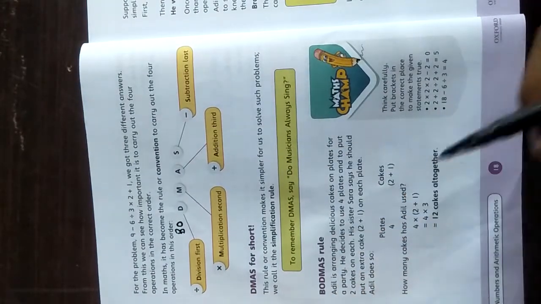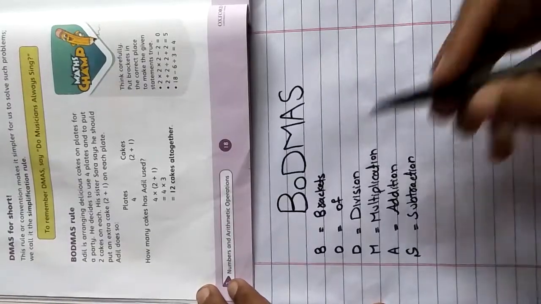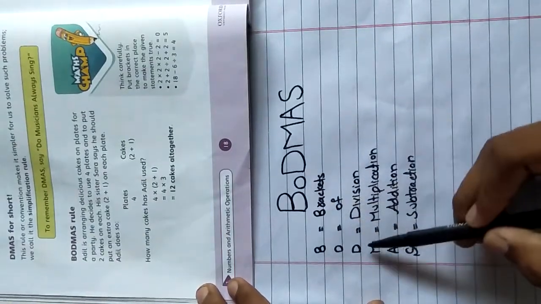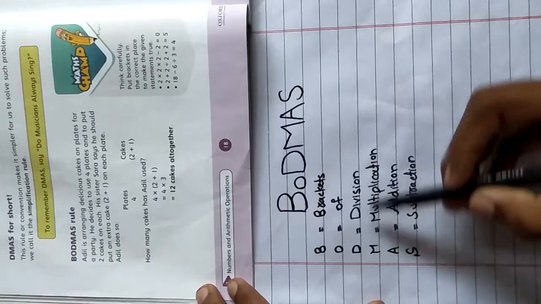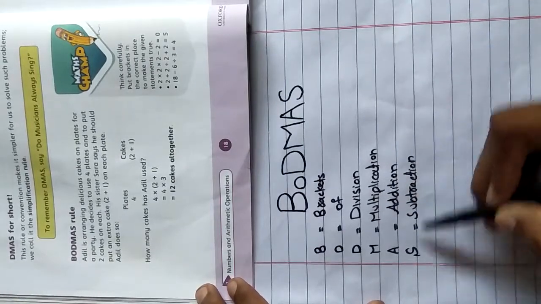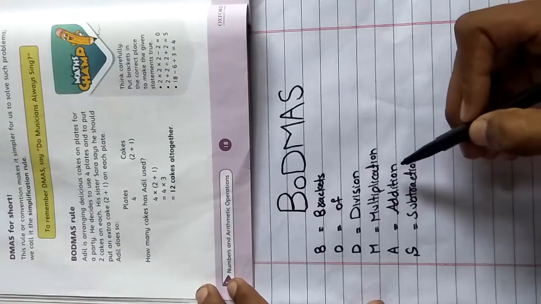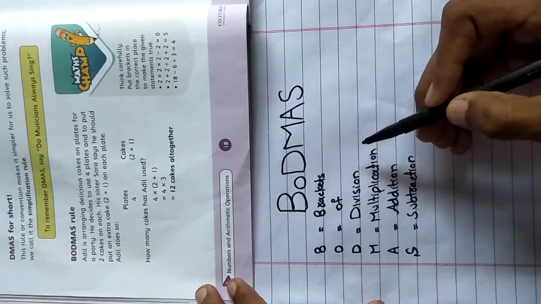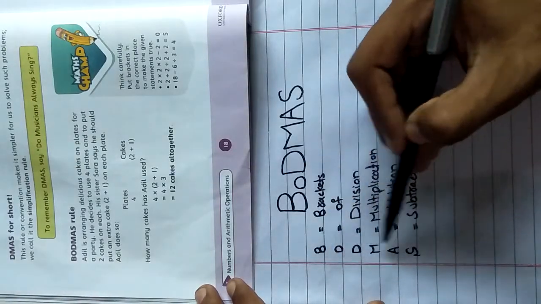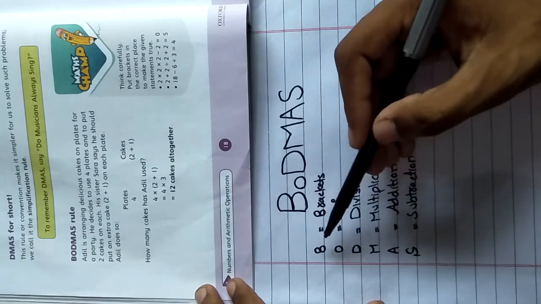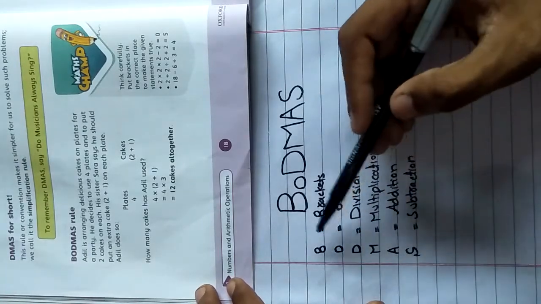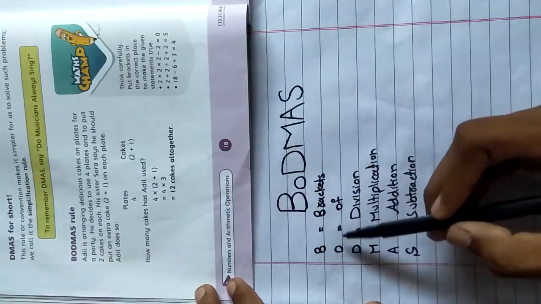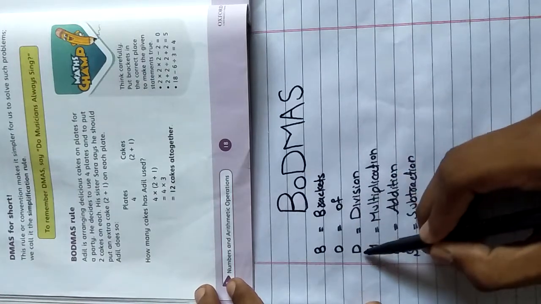So what is BODMAS? B stands for brackets, O stands for of, D means division, M means multiplication, A means addition, S means subtraction. If you have an expression with multiple operations to be done, then you have to prioritize the operations in that order. You solve brackets first, then of second, division, then third multiplication,